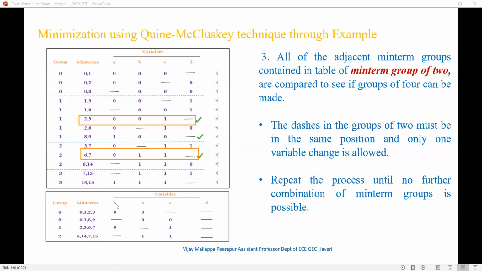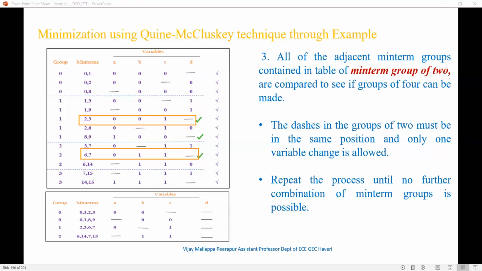Now in the next table, see whether we can have a group of 8 minterms, so that we can eliminate 3 variables. Since we have created a group of 4 minterms, we already eliminated 2 variables. You can see in the first one, 0 1 2 3, we eliminated how many variables? 2. C and D are eliminated, right? What we have is only A bar, B bar. Similarly for 0 1 8 9, we have only B bar, C bar, and we eliminated A and D variables, right? This is how we proceed.